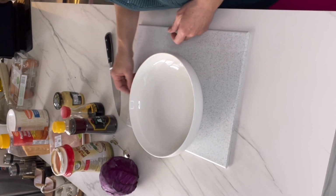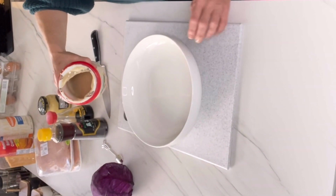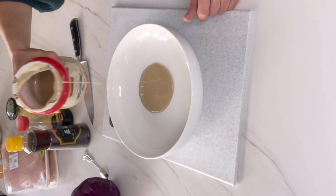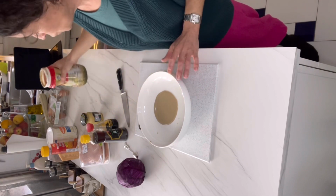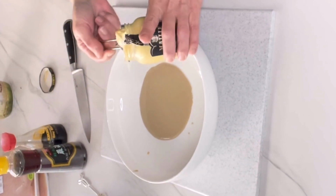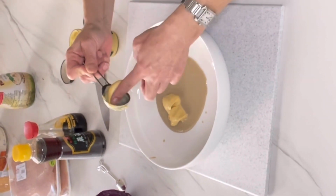So for that we're gonna start with the vinaigrette. So we're gonna put 2 to 3 tablespoons of tahini, 2-3 cuillères à soupe de tahini, de pure tahini. We're gonna put 1 full tablespoon of mustard, une grosse cuillère à soupe de moutarde, une bonne cuillère à soupe de moutarde,